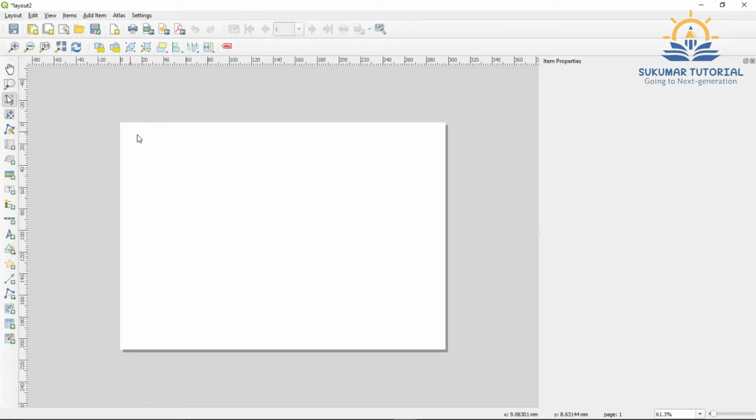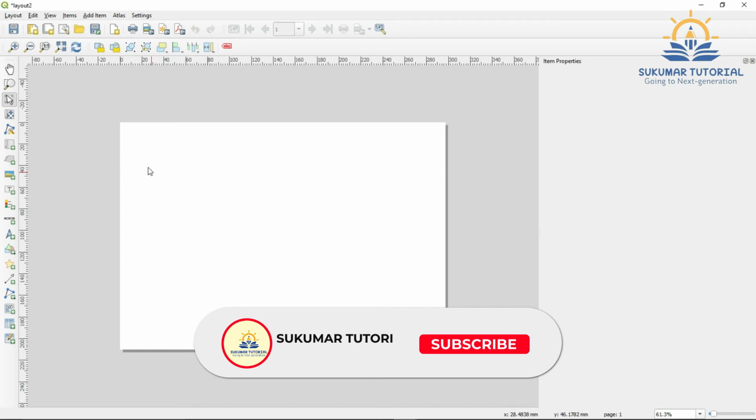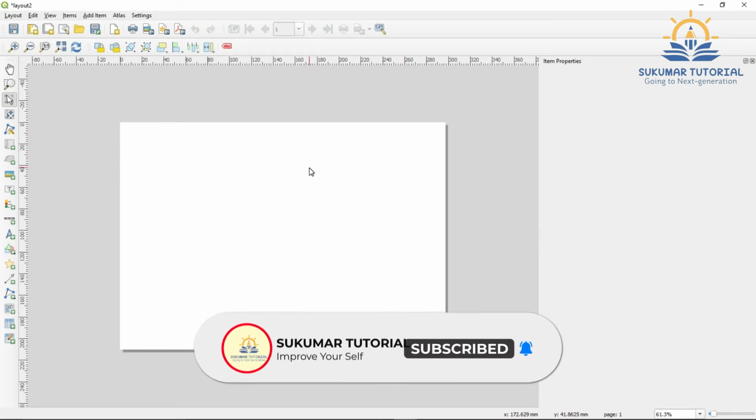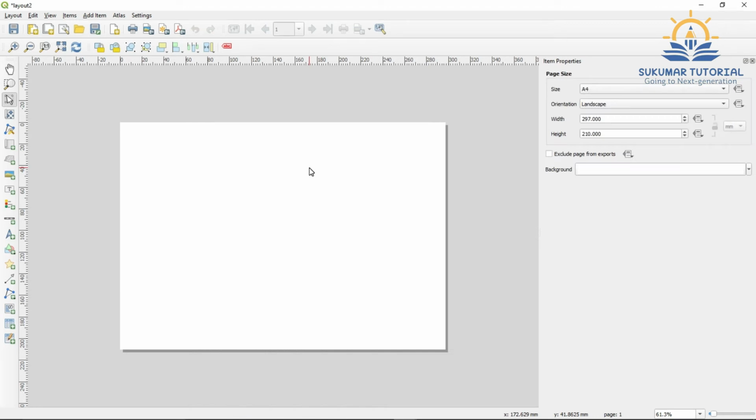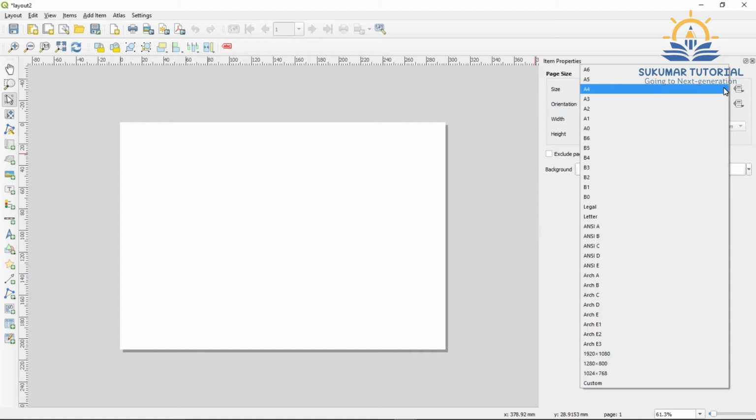Once you click, the layout window has come, and this is your paper size. Once you click on the white portion, this is your paper size, that is A4 size. You can change it to any size. If you click it, you get a number of options.